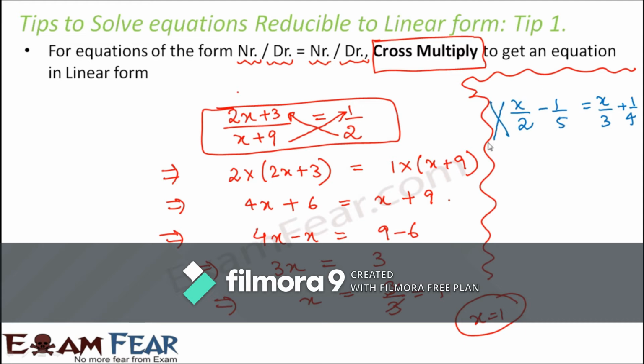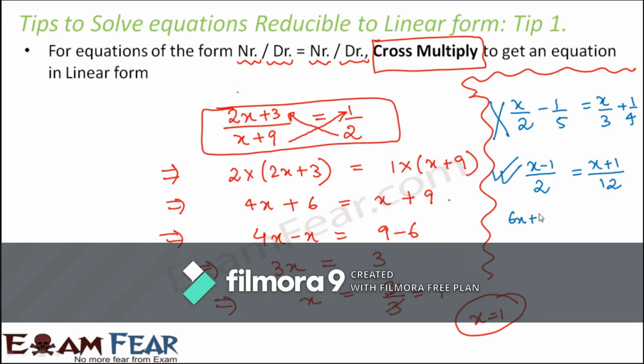So in this case, this rule will not be applicable. So you should not start cross multiplying here. So this will not be applicable for this case. However, if you have an example like (x minus 1) by 2 is equal to (x plus 1) divided by 12, here you see it is in the same form, numerator by denominator, numerator by denominator. So here this rule would be applicable. So you can directly cross multiply.